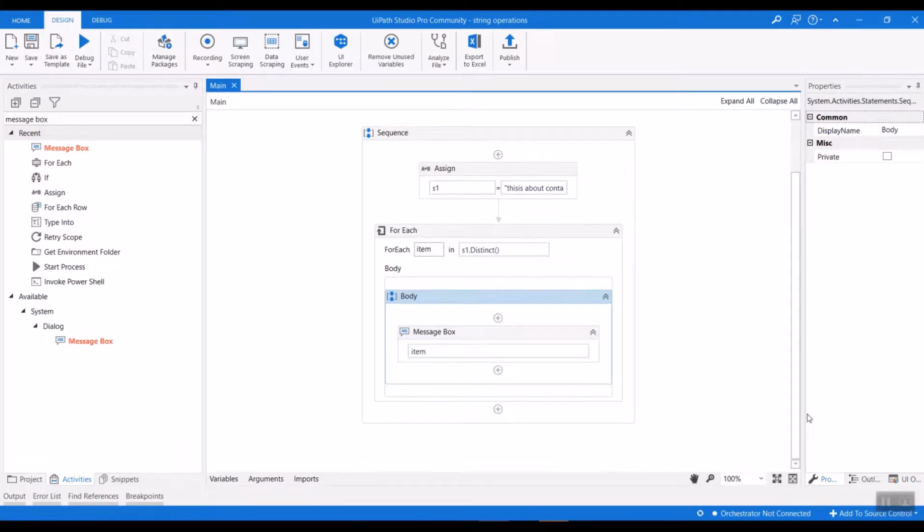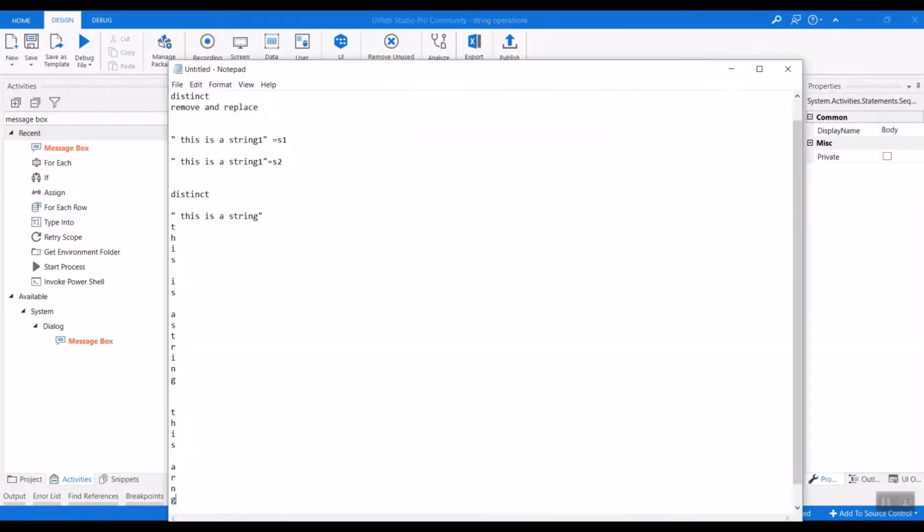So this is our distinct, and we can even try the replace here. So suppose we have a string like this is a string, and if you want to remove the string item from this is a string, then you can just apply the string dot join. Sorry, so if you want to remove the string word from this is a string, then just give string dot remove, and what is the syntax.